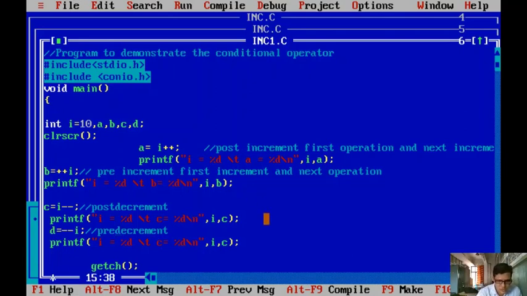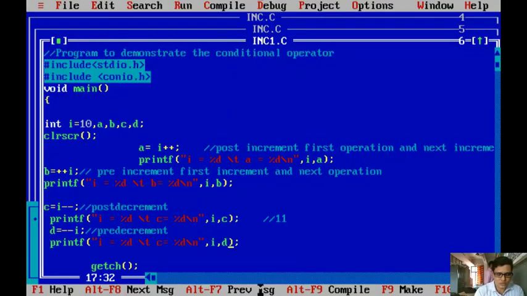So what is the new value of i? Here the i value is 11. 11-- is 10, right? First it will decrement and it will store. So here 11 exists, that 11 will become 10 and in d it will store 10. Okay, it will store 10 and it will display 10. Now I am saving, I am compiling and I am running. If I run, the i value is also 10 and the d value also 10.